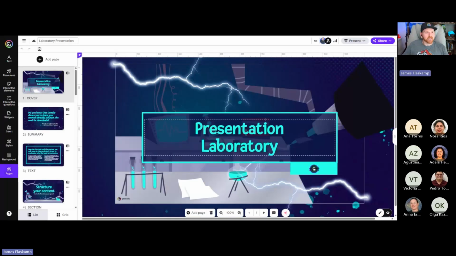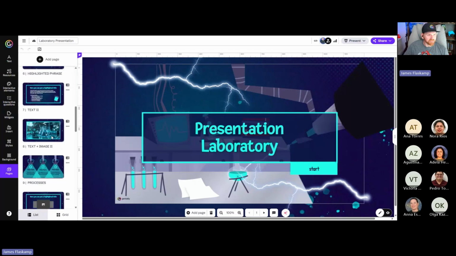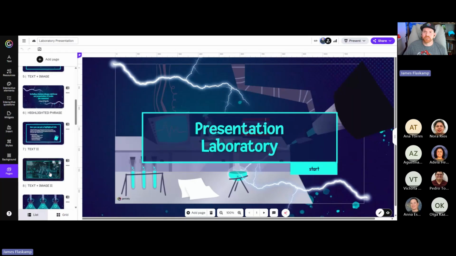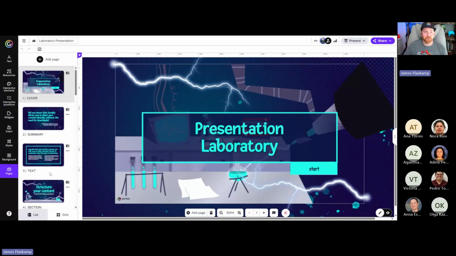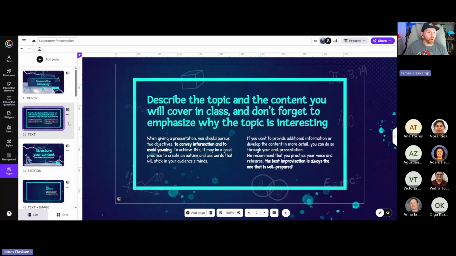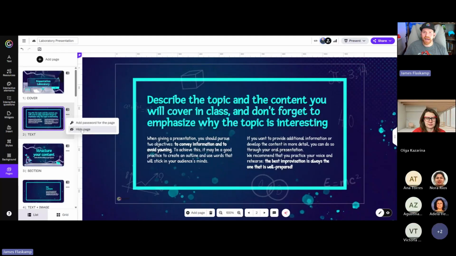And now, since this is a presentation template, that means it has a bunch of pages to it. So here on the left, you can see we have like what, 21 pages in this. You don't need all 21 of these pages for the activity that I just showed you. It's really more like maybe a 1 or 2 page activity. And so to delete a page, very simple. You just hover over it. You have your delete icon here. It'll confirm and delete, or you can hide a page as well. If you don't want to fully delete it, but you just want it to be hidden when you're presenting it, you can click on the 3 dots here, do hide page, and then that particular page won't show up when you're presenting it to your students.